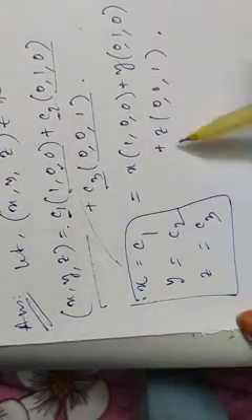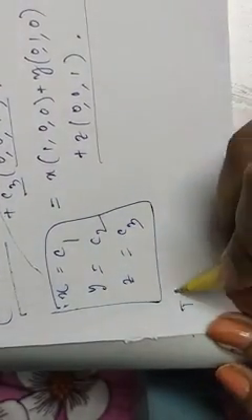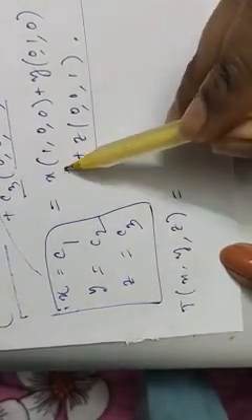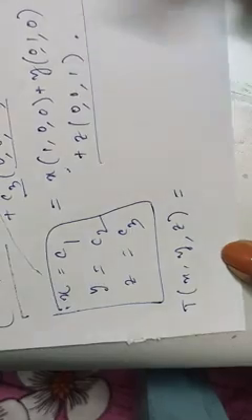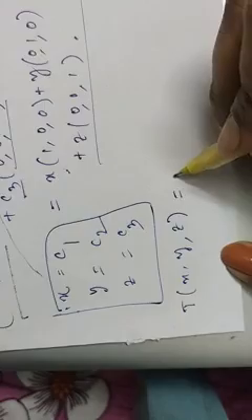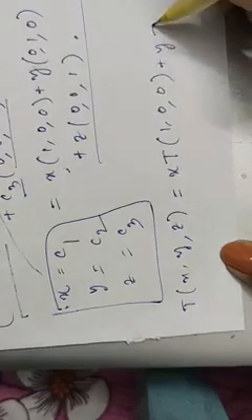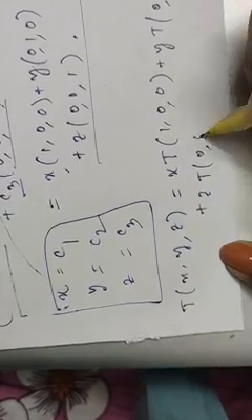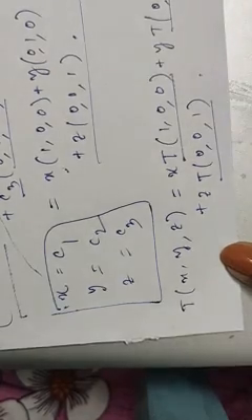So (x,y,z) equals this. Now we apply T on both sides. It becomes T of (x,y,z), and this becomes T of this whole quantity. Now we can break that T, because T is a linear mapping and breaking is possible. So it becomes x T(1,0,0) plus y T(0,1,0) plus z T(0,0,1). Now we know all of these values because they are given in the question.